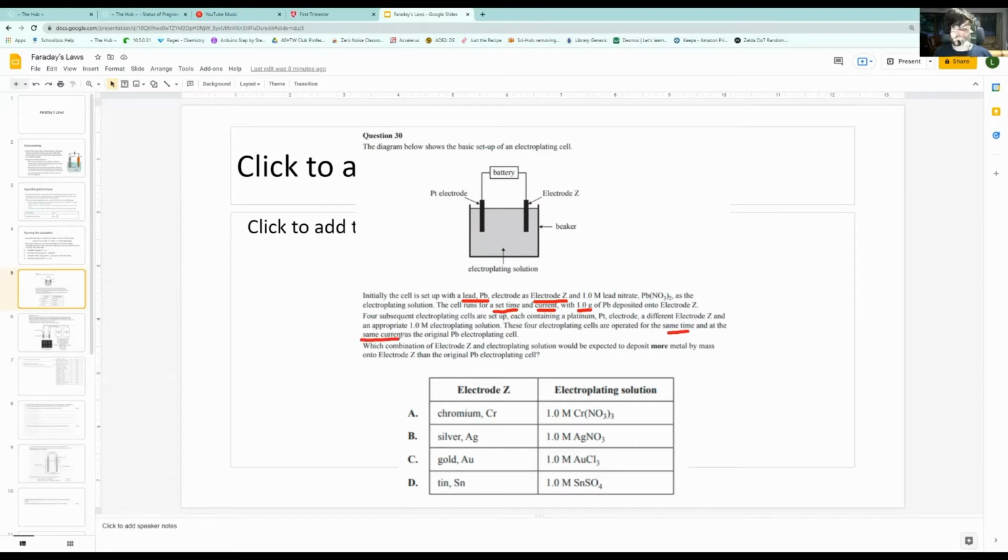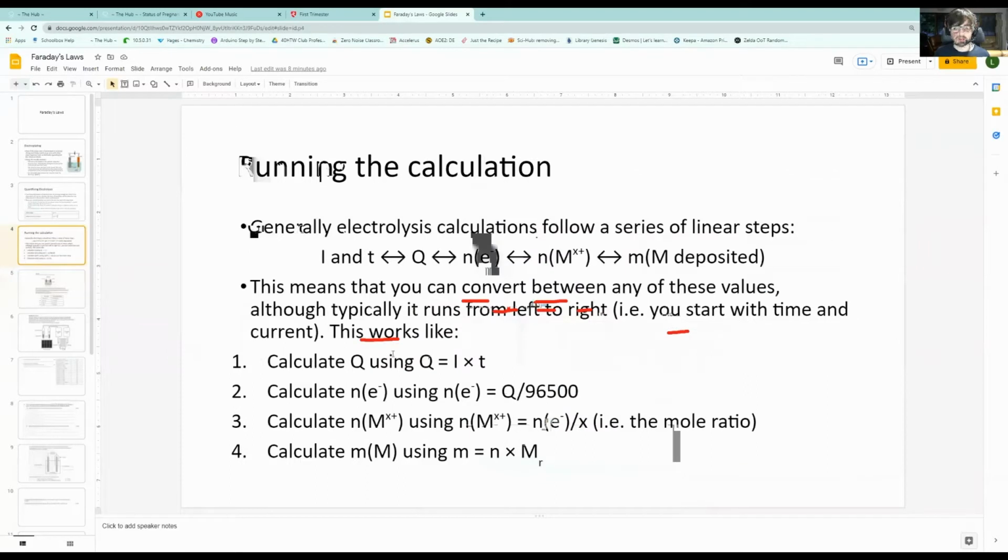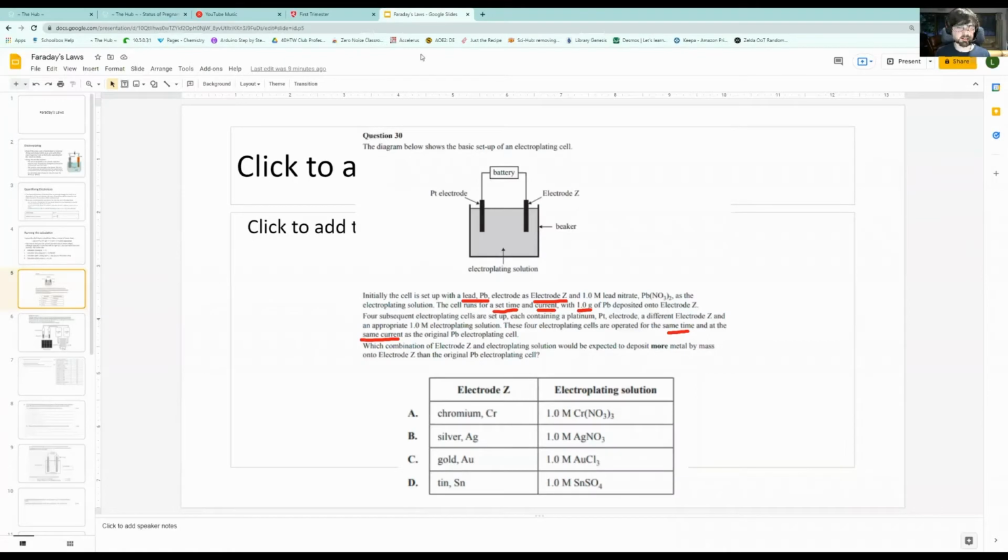All right, so the only difference between each of these chemicals is going to be basically the charge on the metal. One thing I didn't explicitly say on the previous slide was we could normally calculate our charge using Q equals I times T. We calculate our amount of electrons using amount of electrons equals Q divided by 96,500. And then we can just use the mole ratio, looking at our half equation, to figure out the amount of metal versus the amount of electrons. So for example, in this case here,